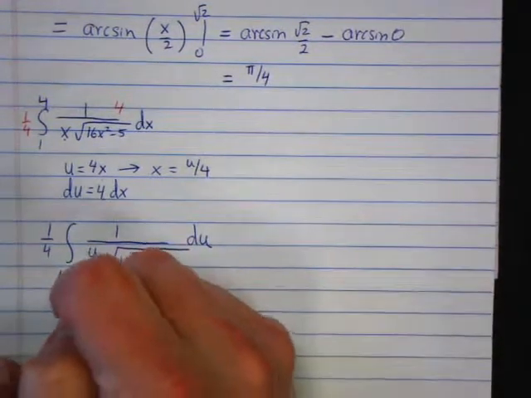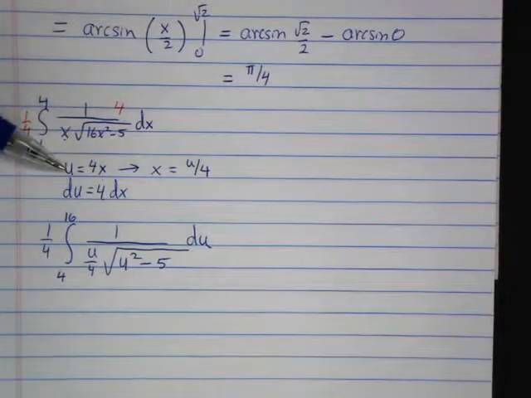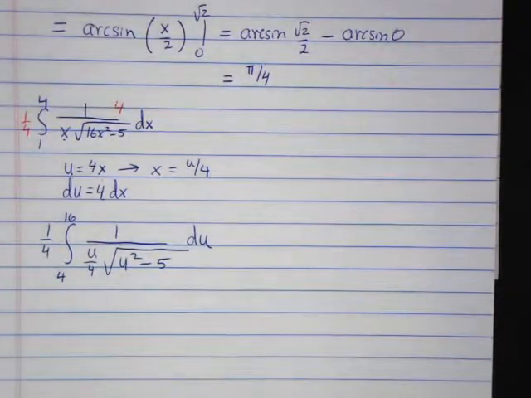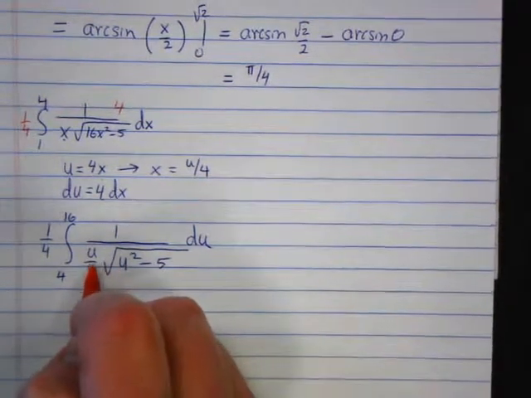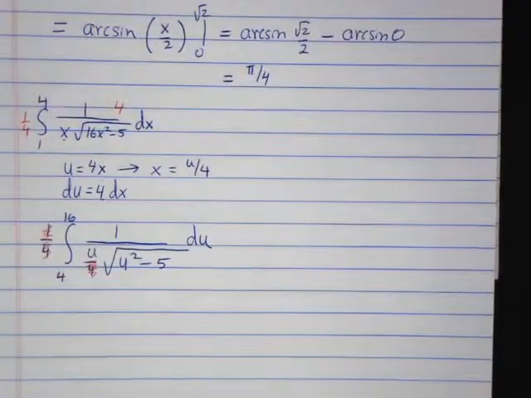4 and 16. Because when I plug 1 in here, 4 times 1 is 4. When I plug 4 in, 4 times 4 is 16. 4 and 16. Now, this always works out that this 1/4 on bottom reduces with that 1/4 on top. When you do this kind of u substitution, that should always happen. Those constants should always knock each other out, which is helpful. Okay, so we get,